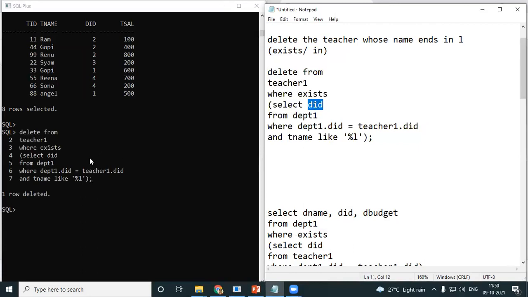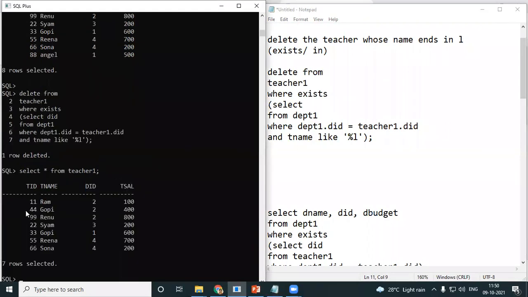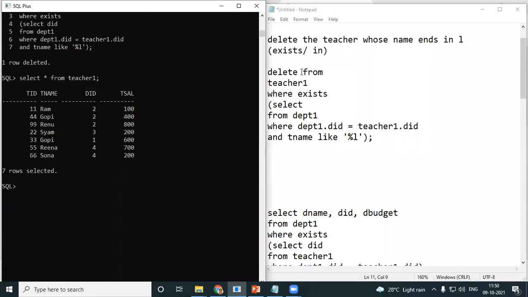Okay, let's see whether Angel went away. Select star from teacher one. Yeah, Angel went away. Okay, the delete star, no, that will automatically happen over here. So you need not, when I told somehow it went wrong.